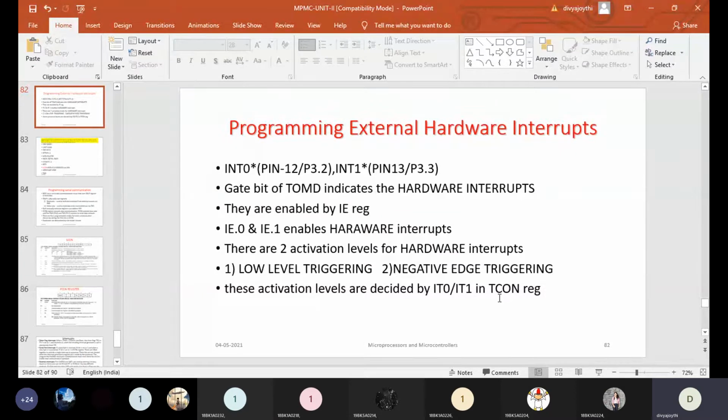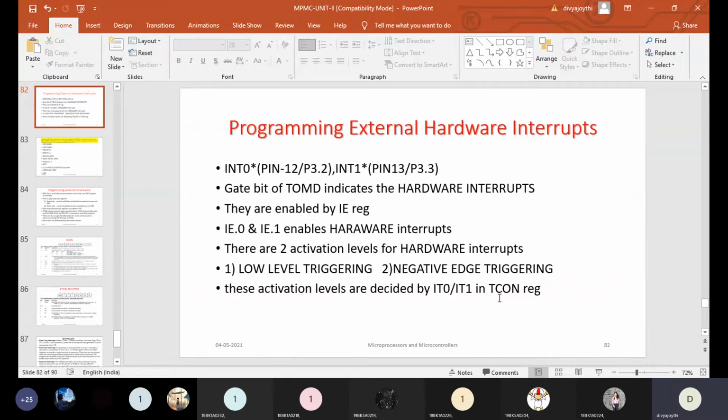A software interrupt is nothing but, if you can remember, while we were writing programs related to the 8086 microprocessor, at the end of each program we used to write one instruction called int 03h or else int 21h. That means within the program and through the program, if you are disturbing the controller or the processor, then they are called software interrupts.